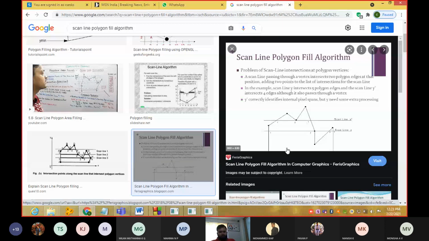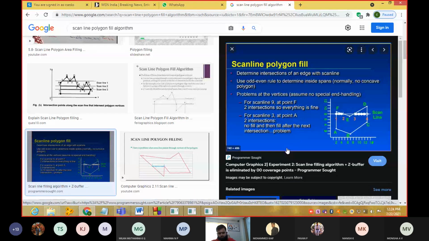For each scan line we will have two intersection points. So we are supposed to determine the intersection of an edge with the scan line.